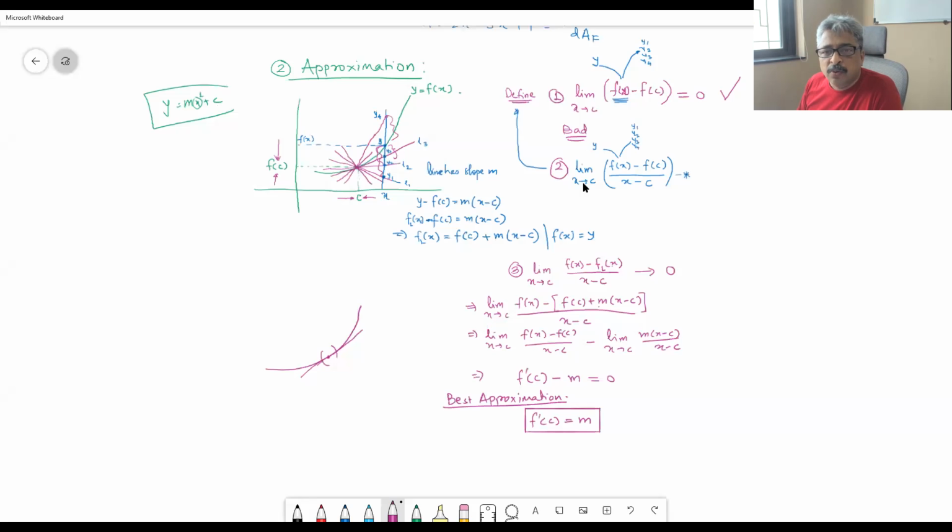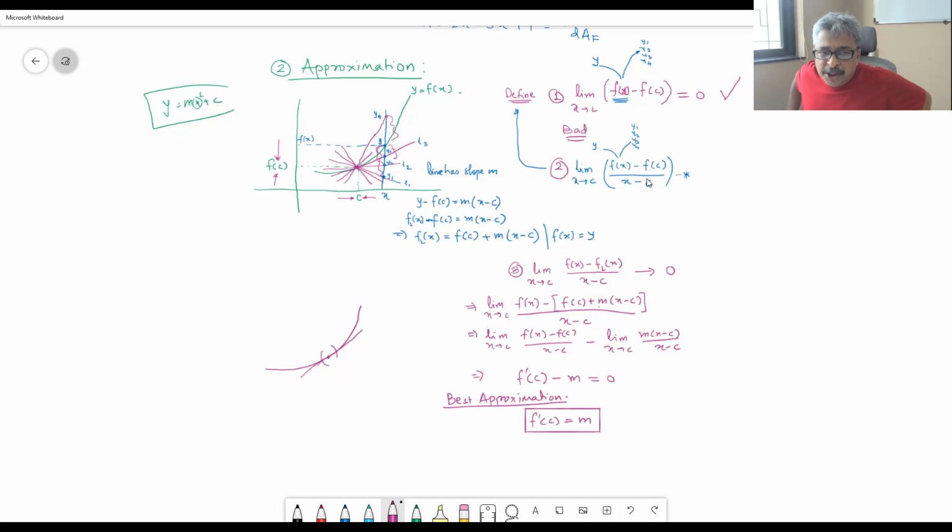Okay, why did we scrap the second definition? The second definition is scrapped because if you follow f of x on the curve, as you go near x, the numerator is also going to become 0 and the denominator is also going to become 0. So it is going to be an indeterminate type of situation where we will not be able to really find out. Instead of f of x, if we follow the straight line, again it will be 0 upon 0, and we will not be able to find out what exactly should be the slope of the line that we should choose,